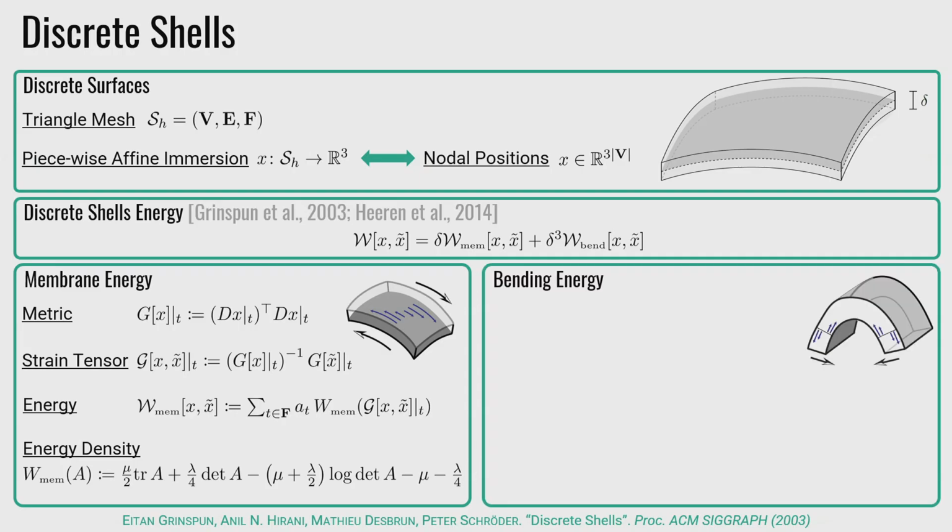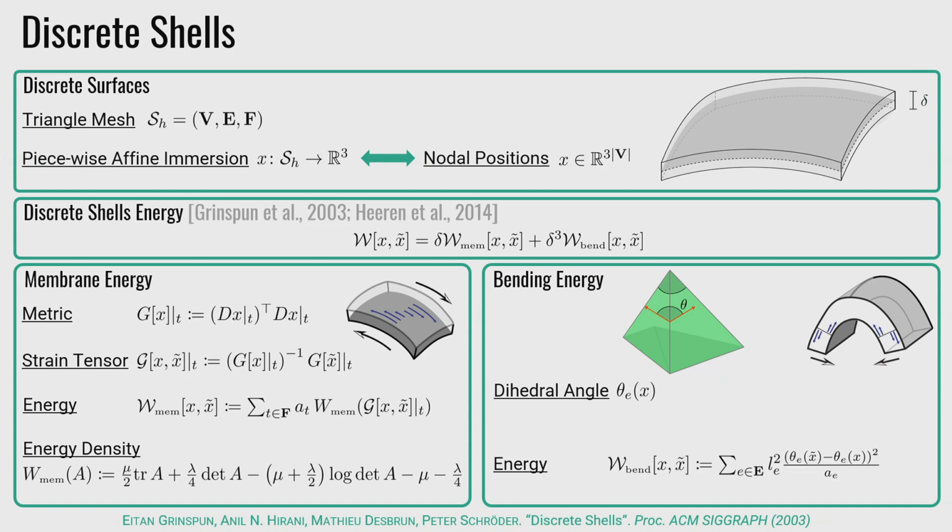And then for the bending energy, you look at 2 neighboring triangles, then you have a dihedral angle between the 2, or between the normals of these 2, whatever you want to do. And then you look at the quadratic difference between these 2 angles in your deformed and undeformed configuration. You add some integration weights, like the area associated with the edge, the length of the edge, so that if you sum everything up, everything has a good relation to each other, so that depending on how big the triangles are, it all makes sense. And then you have a discrete bending